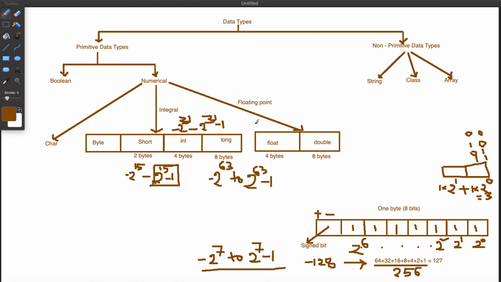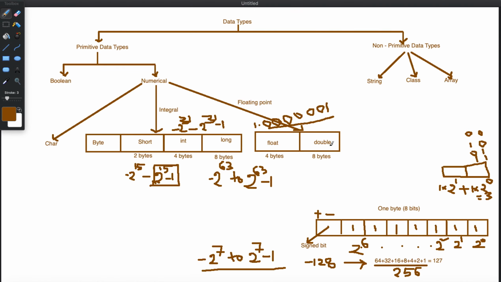Floating point numbers are like, let's say 1.0, like this, the fractional numbers that we can define. In the float, you can go up to 7 fractional digits like this: 3 zeros, 4 zeros, 5 zeros, 6 zeros, and you can go with the 1. See, up to this number of fractions, the decimal digits, you can go in the float data type. Okay, 1 dot, any number dot, you can go up to 6 or 7 fractions.